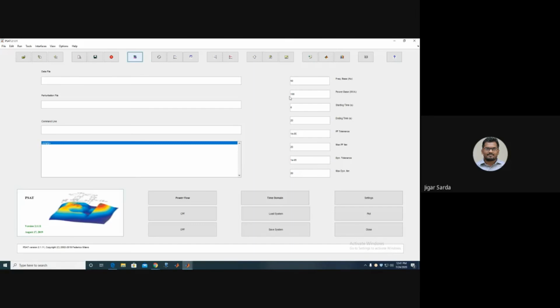Here data files are there. Before that, the frequency base is given. Here we take in each component the frequency is 60 Hz, base MVA is 100, and starting time and ending time, which don't matter for this load flow analysis. Now we upload our file here.